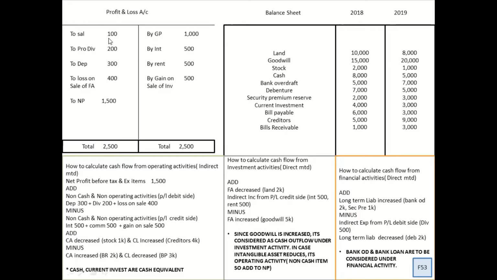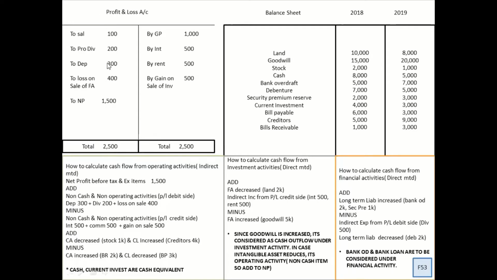What we are going to do is learn the indirect method. So what they will give you is a balance sheet. In the balance sheet there will be reserves and surplus. Within reserves and surplus you will find net profit. So from net profit, how do you derive it? I will write the net profit. That's the starting point. If you see, I have written net profit before tax 1500. I have written this figure.